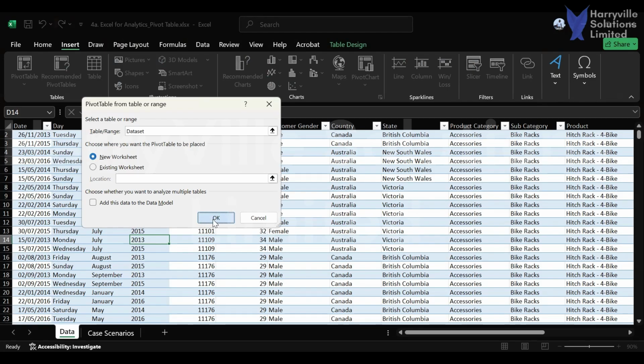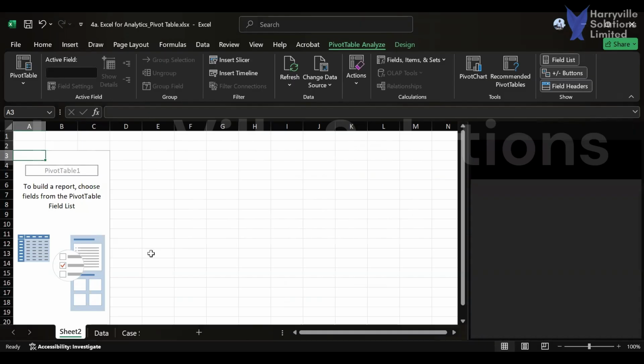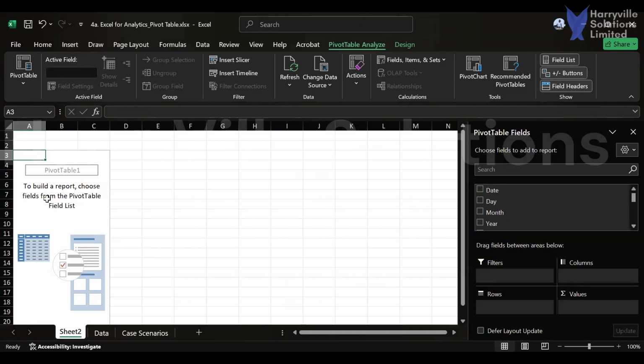And then you will see Excel opens a new worksheet for me, right? Voila. So you will notice that I now have a new worksheet here. So what I am going to do now is